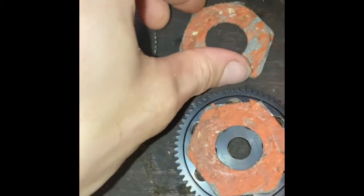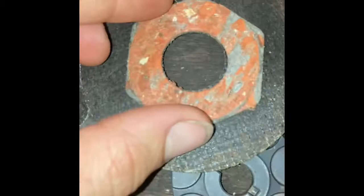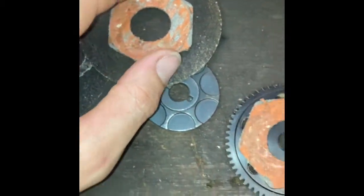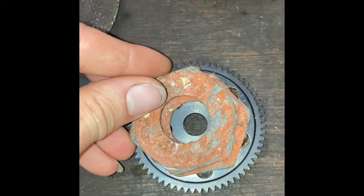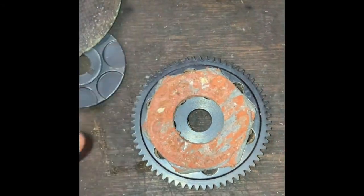I was going to use these old grinding discs and make them into the same shape, because the hole in the middle is exactly the same size, but really I want that hole to be the same size as that hole, so if worst case scenario it comes out, it's not going to move about like that, it's always going to stay in that position. But